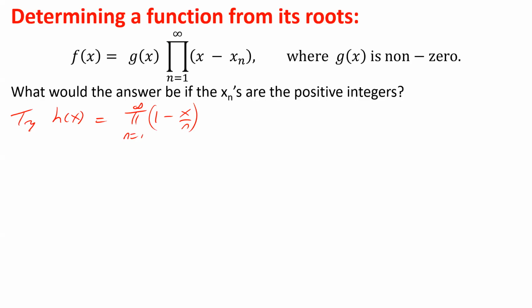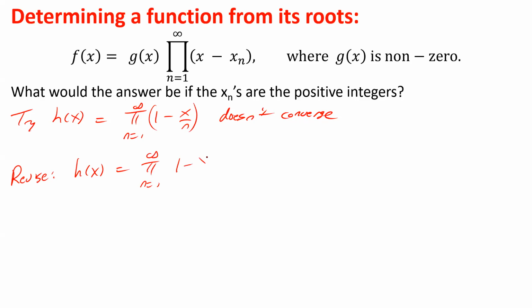You have the same convergence issues. Yeah, it doesn't converge. It's really nice to work with objects that exist. Objects that don't converge are not good choices. So we need to somehow weight each factor by something so that the product will converge, but we don't introduce new zeros. And so we revise, and we'll try